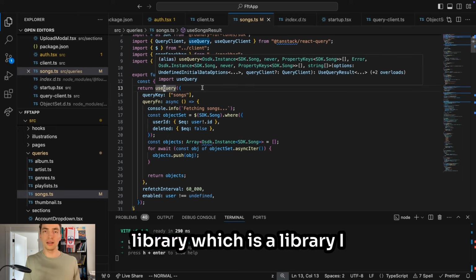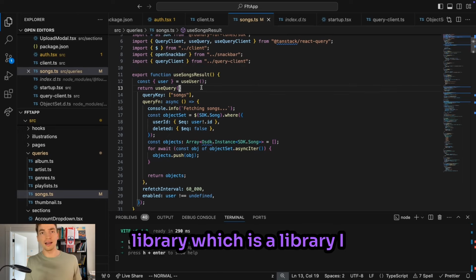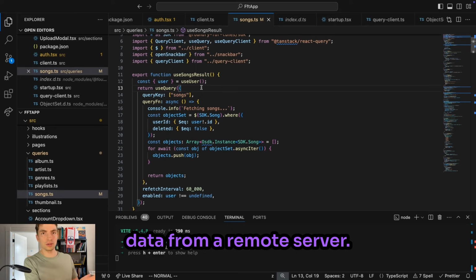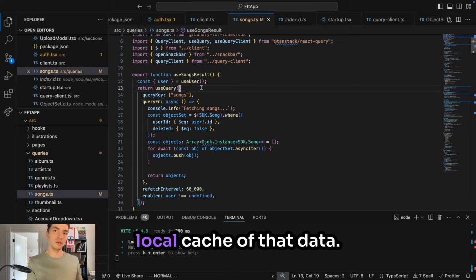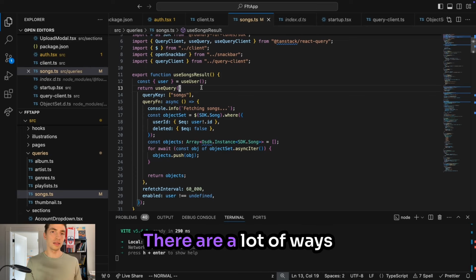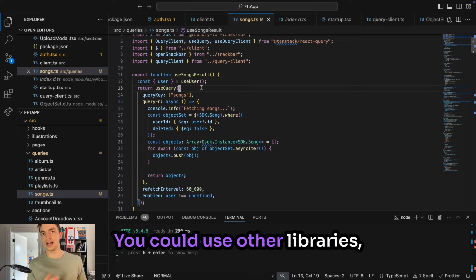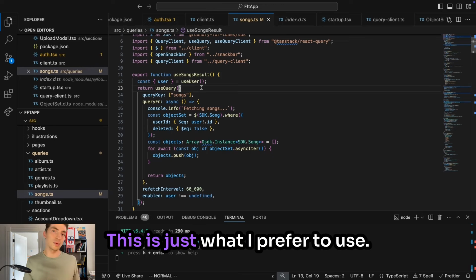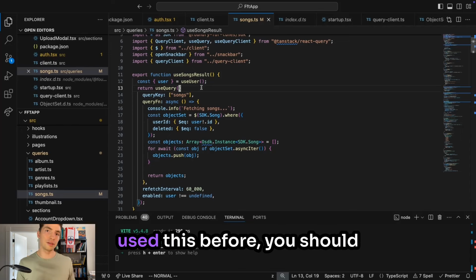This is from the React Query library, which is a library I often use when I'm pulling data from a remote server, in this case the ontology, and I want to create a local cache of that data. There are a lot of ways you could do this. You could use Redux, you could use other libraries similar to React Query. This is just what I prefer to use, and even if you haven't used this before, you should be able